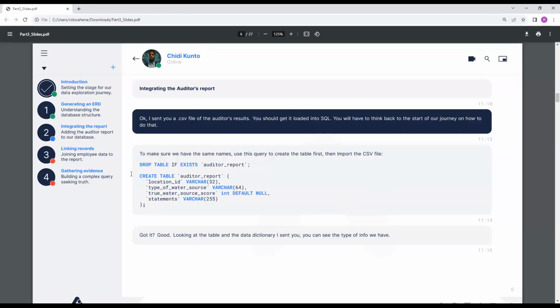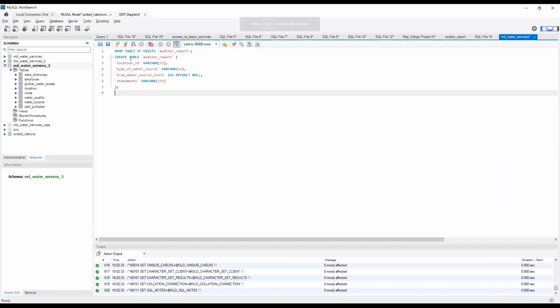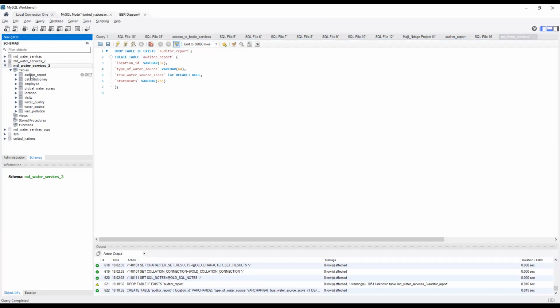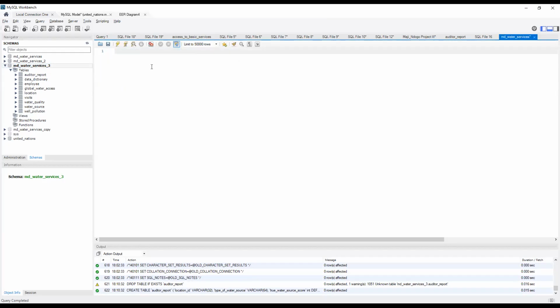So I'll copy this. Then I'll paste it here. Okay. Once we run this, we should have the auditor report table created. Now let me refresh the schema. And we have it here under MD Water Services 3. Okay. So let me delete this. Now the next thing to do is